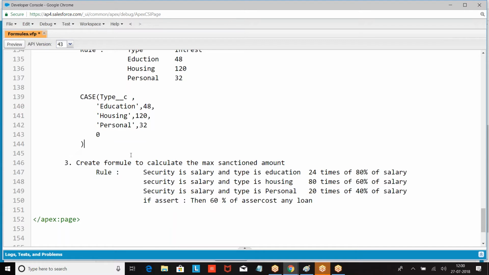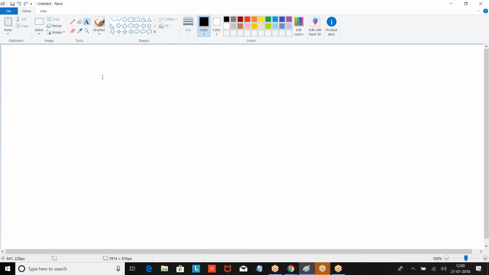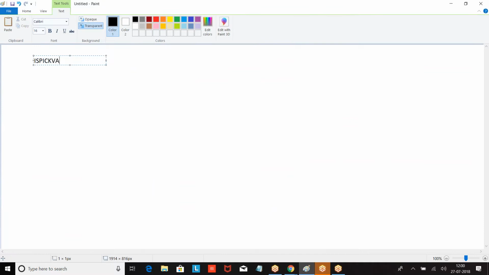It is not a standard object. The third one, if you want to create the third one, we need to understand a pick list here. Now, look at the format. We had is pick val. What is this is pick val? How are we going to use it?